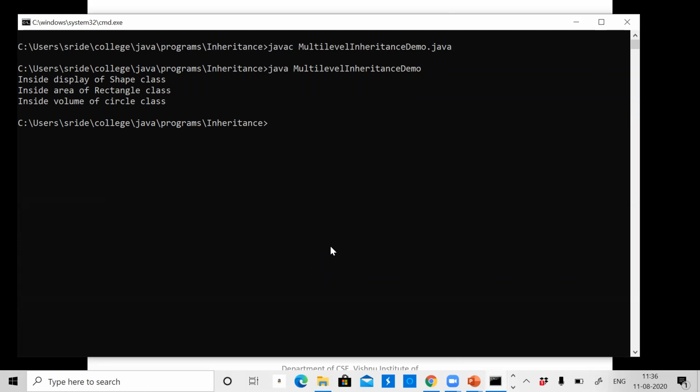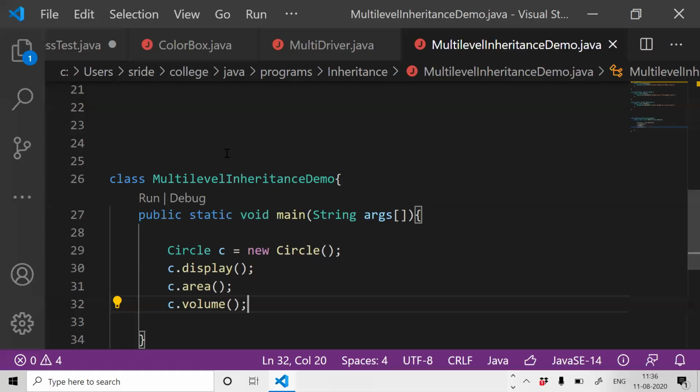Is it clear? What I want you to do is create an object for the Shape class and call all the methods. What happens? I want you to create an object for the Rectangle class and test what happens. Just examine what is happening by changing the class name here.